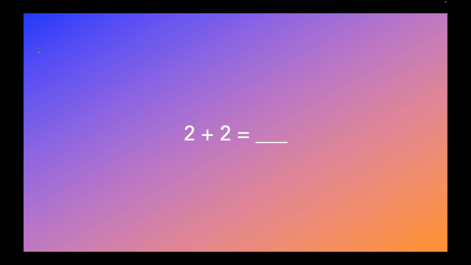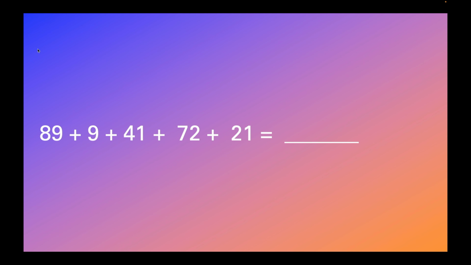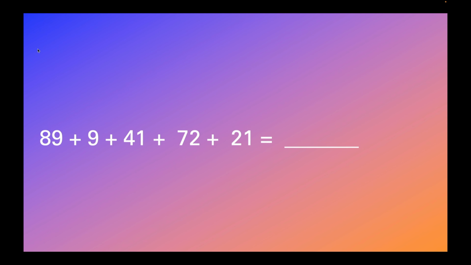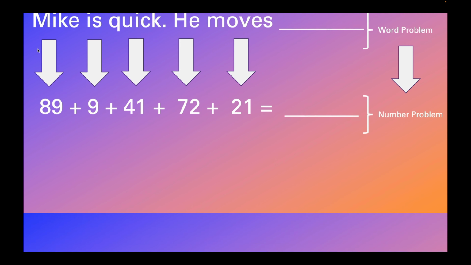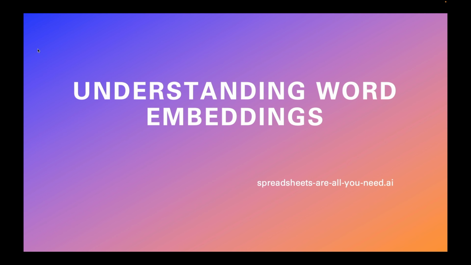Well, here's a fill in the blank that you've probably seen a computer solve already. And in fact, we could make this problem a lot more complex. And this is still the type of fill in the blank that computers are good at. In essence, researchers have figured out how to map words into numbers, turning what is a word problem into a number problem. That mapping of words into numbers is called an embedding, and it's the subject of this video on